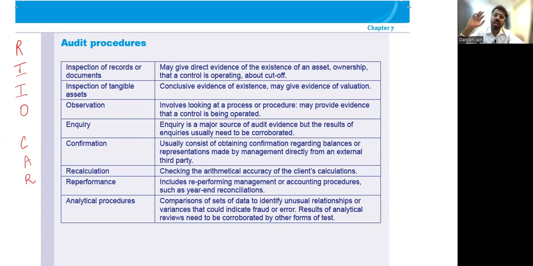Listen to me carefully. Let's say the company is showing fixed assets in their balance sheet, and under fixed assets, plant and machinery is being shown at, let's say, 25 lakhs. Now, the plant and machinery being shown in the balance sheet includes, let's say, 10 different plant and machineries. So in order to know whether that plant and machinery is actually there or not, or have they included some fake plant and machinery,